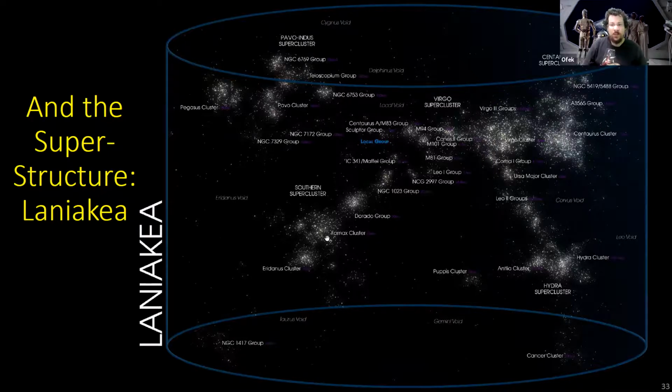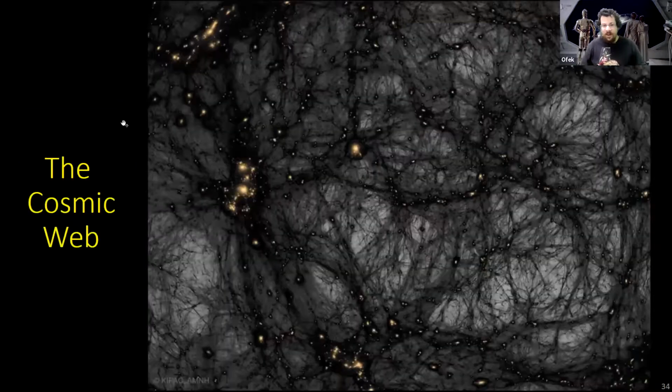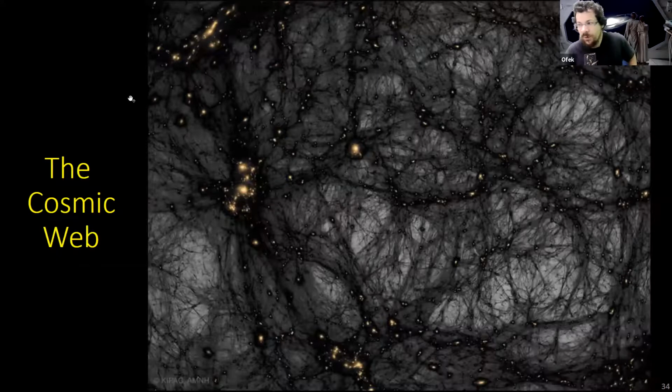We show it here with the stars, but of course on these scales, it's the dark matter that really determines the structure, much more importantly than the stars. This is kind of an artist's description. This is numerical simulation and cosmology trying to follow the evolution of the universe and its dark matter.